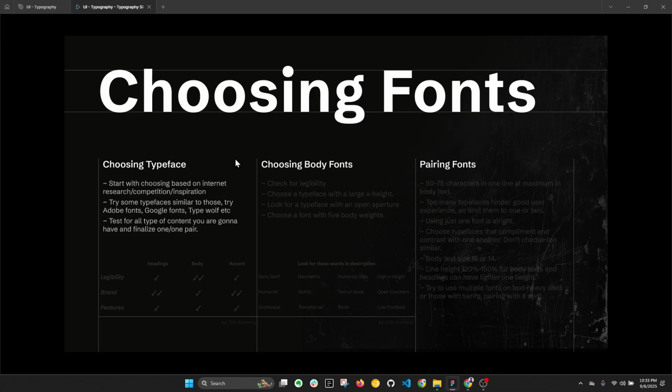Try some type similar to those or even the same ones, by finding them on Google Fonts or Adobe Fonts or platforms like Typewolf. Then you should test the type with the content you're going to have and finalize one font or even one pair, meaning two fonts, two